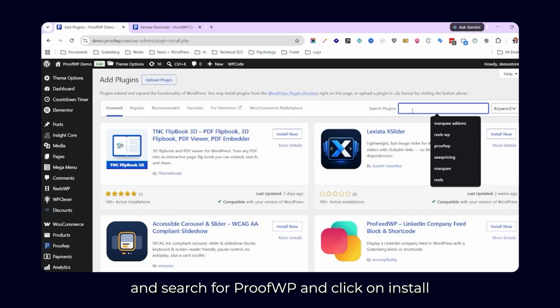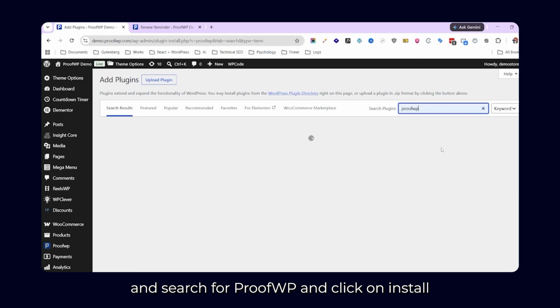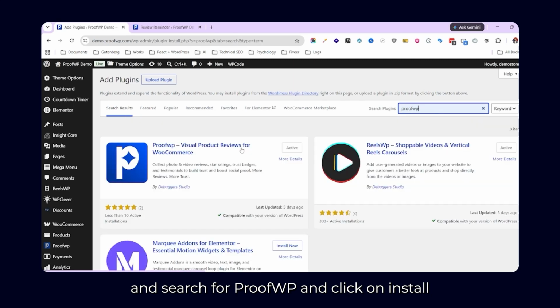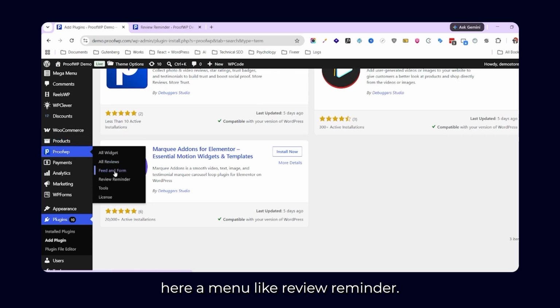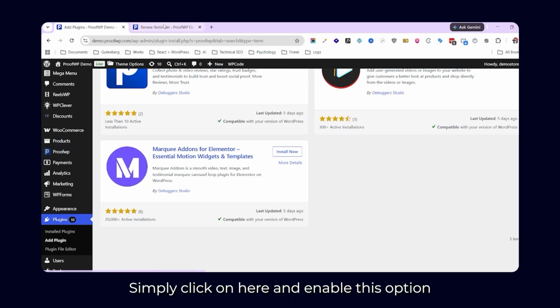and search for ProofWP and click on Install Now and activate this plugin. After activating this plugin, you can simply see a menu here like Review Reminder. Simply click on here